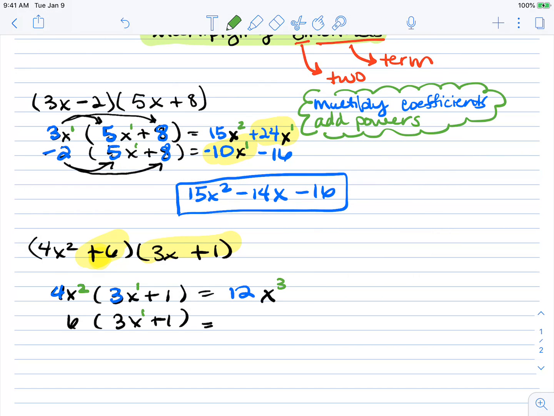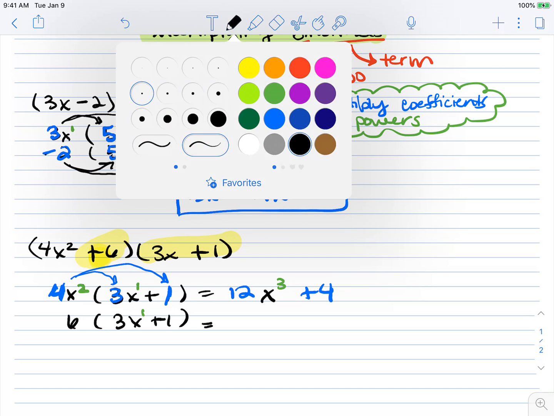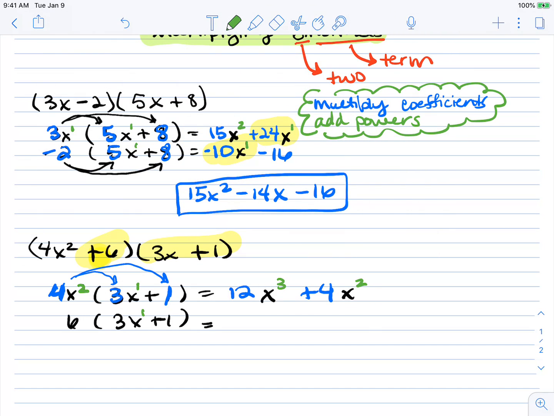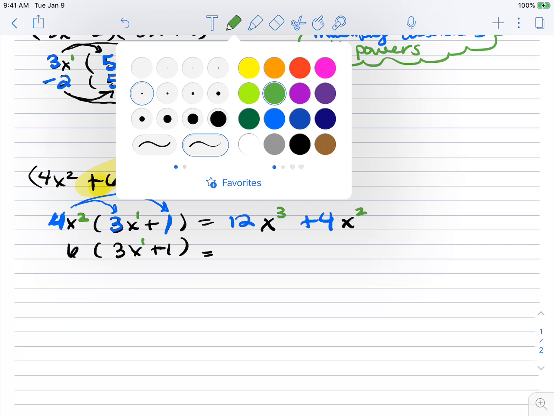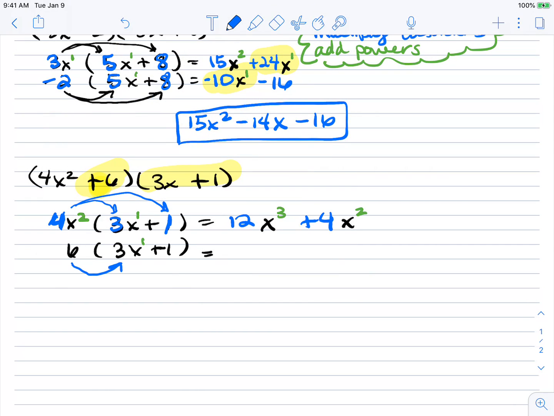Okay. Then I'm going to multiply my coefficients. So I've done my distribution here, and now I'm going to distribute here, and I'm going to get my 4 times my 1, and that's going to give me 4. But this term doesn't have an x in it, only this one does. So I just write down that I have this x to the power of 2 from the term I'm distributing through. Okay. The next thing I'm going to do is I'm going to distribute this 6 times this 3x